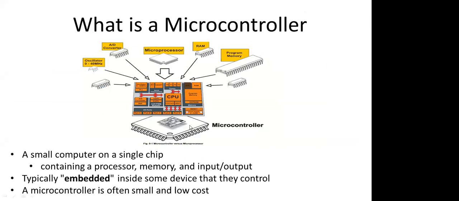So what is a microcontroller? A small computer on a single chip is known as a microcontroller. In a microcontroller, we can integrate all these things in a single board. In a simple way, in a microcontroller there is an ADC also, and there is a microprocessor also. Everything is over there, and there is RAM also, programmable memory also. So you can see everything is integrated in.